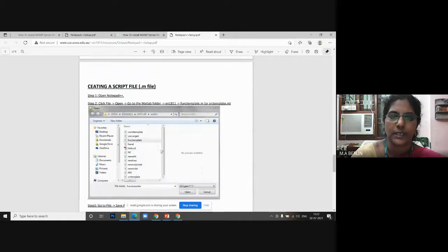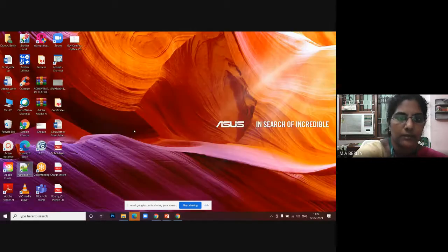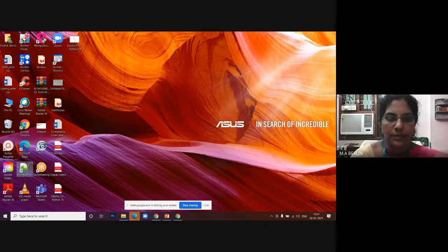Once you install, you can find this shortcut icon on your desktop. I have installed it, so I can see this shortcut icon in my system. So now you have seen the installation steps of the WAMP server and Notepad++.